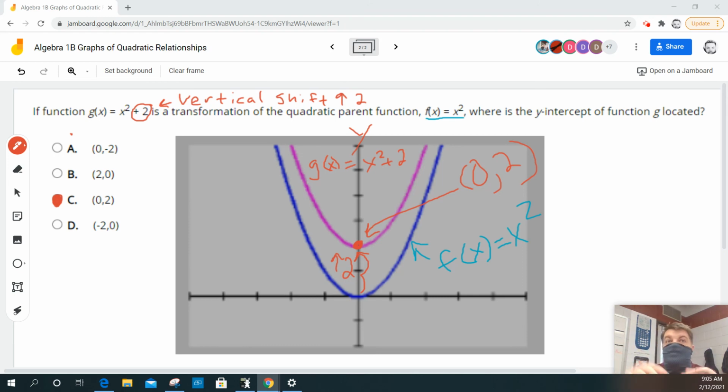And that's very valuable because what I'm saying is in math, when is this math used in the real world? We collect data, and the behavior of the data will normally fit some type of mathematical equation. And then what we do is we transform the parent function to fit the data. That's what this stuff is really used